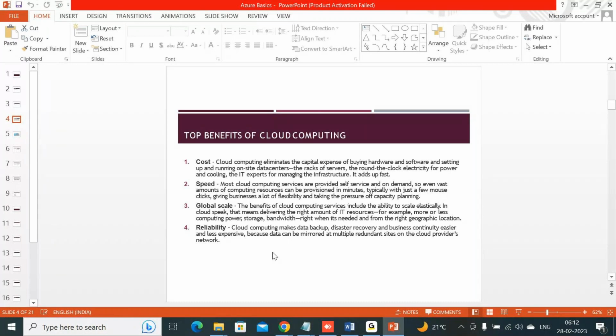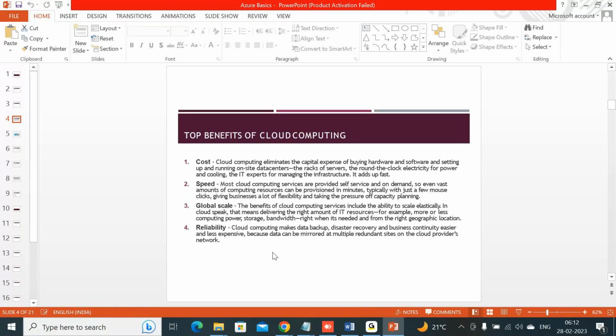And speed, latency. Latency or speed means if you are trying to upload something, or if you want to use the infrastructure, or if you are developing some software, compared to on-premise infrastructure, cloud is very fast. You can operate from anywhere, just sitting with your laptop or computer, with just a URL logging into it. Creating the infrastructure in cloud is very easy, just a few mouse clicks.